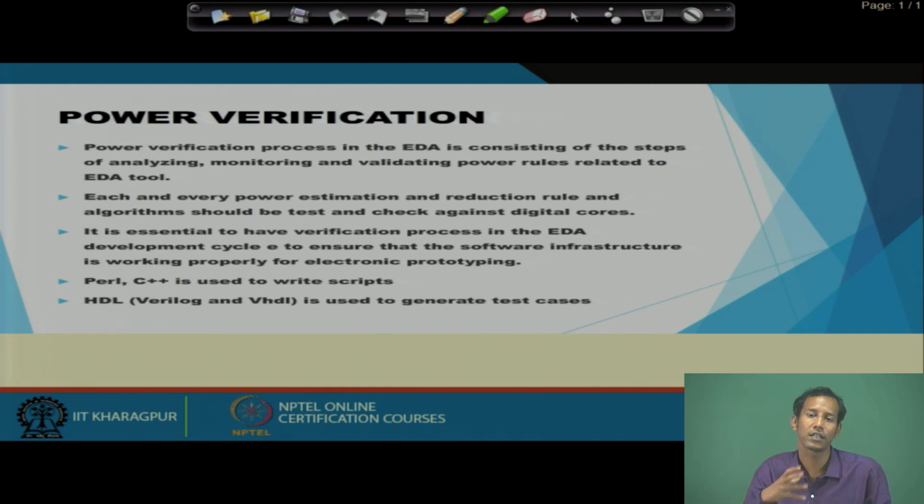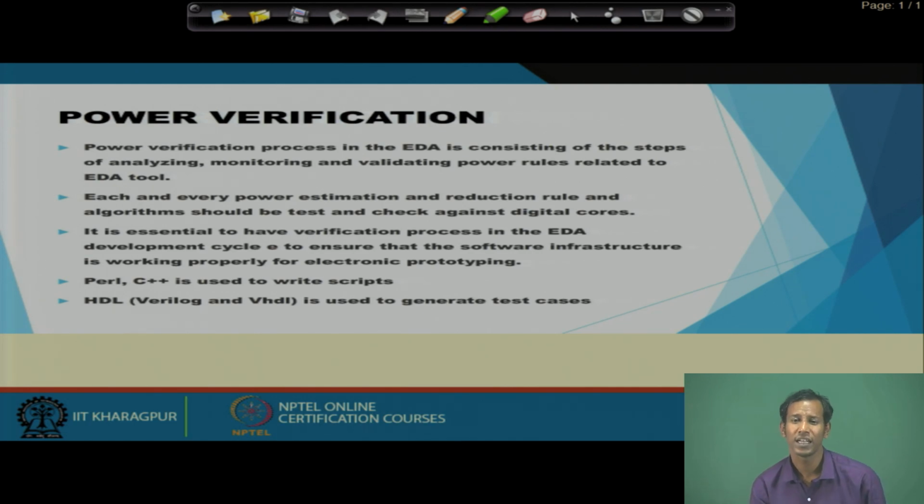So, at that time I will try to consider how I can apply different techniques to reduce the power consumption on that particular block. Why? Because in today's complex system design there will be so many sub-blocks. If it is an IP-based design, so many IPs are connected. Among them, which IP contributes how much power to the overall power budget of my system? I have to know and identify that, and then according to that I can take the necessary steps to reduce the power consumption of that particular block.